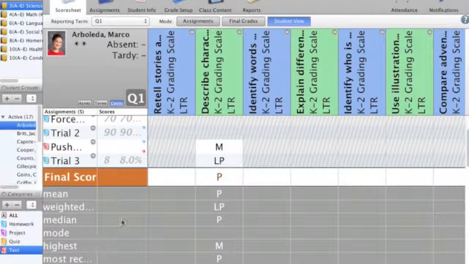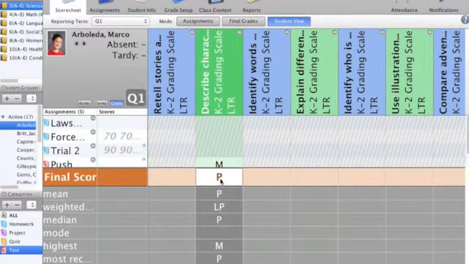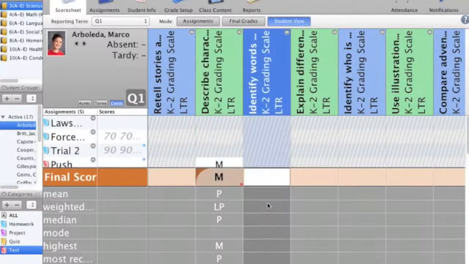One of the things that you can also do in this view is to change the final score. This may be important if you feel like the student is in a different place than what the computer has generated. So I may go right in here and say, I actually think the student's at mastery. And I simply click return, and here it will show that I have changed the score by the icon here, the little exclamation point,